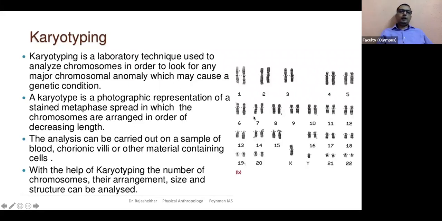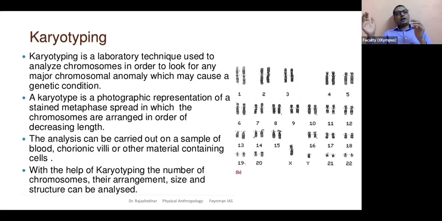So basically, I think I already told you, this is a photograph that we are seeing, showing metaphase chromosomes, chromosomes that are best seen at metaphase. You remember the cell division stages? Prophase, metaphase, anaphase, telophase. Metaphase is where maximum condensation of DNA is seen, because in the prophase, chromosome structures are just beginning to appear. In the metaphase, where high condensation happens, you can see the clear structures of chromosomes.